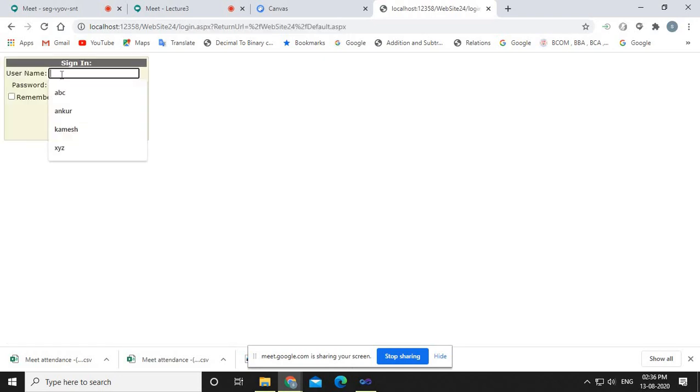Now you can log in as ABC, but suppose you don't have any username and password, and you are coming for the first time to this particular website. At that time the user will simply click on this hyperlink called new user, click here, right?